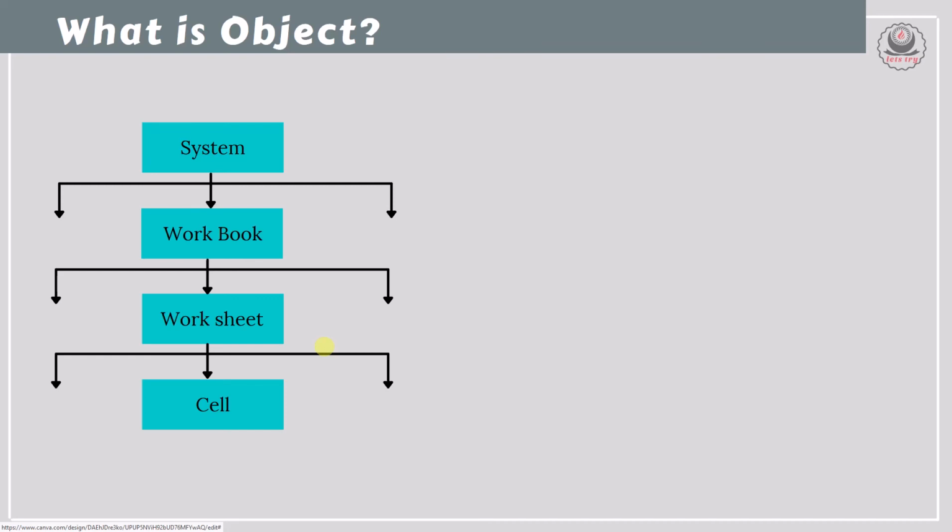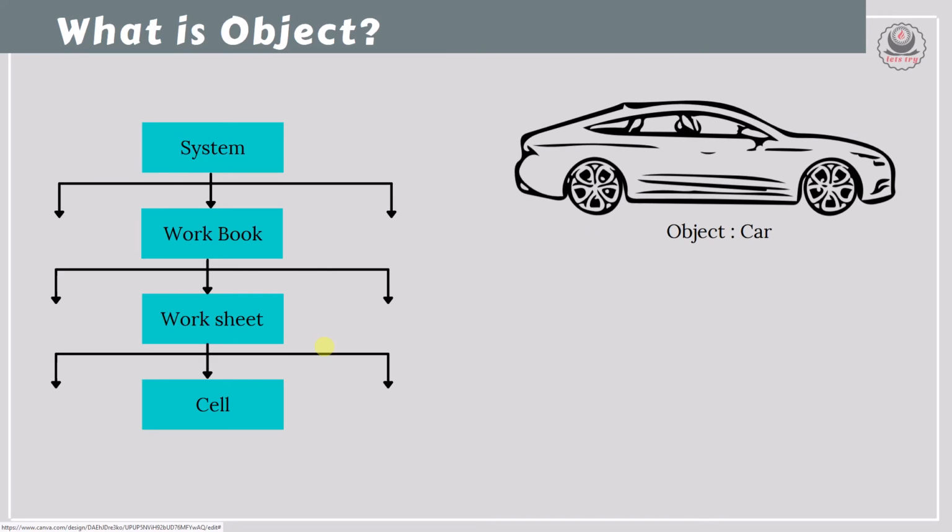So let's understand what exactly an object is with an example. Consider a car as an object. Inside the car there are so many other objects: the wheel is one object, the seat is one object, the engine is one object. So each object has sub objects with another inner level of objects. This is what an object is. An object is a single entity, an item. Inside the entity there are multiple objects. That is the next level.